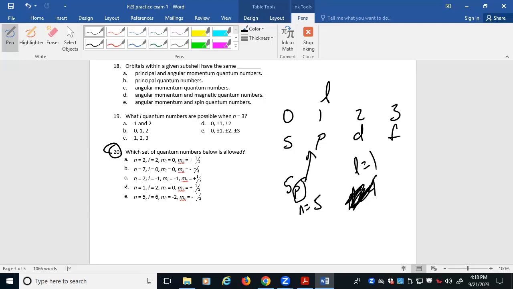And the answer there is no. And the reason why we know the answer is no is because if I'm looking at the second energy level, the maximum value of L is 1, and 1 would be the P sublevel. So the 0 and the 1 are possible, which means that in the second energy level, I have 2S and 2P and nothing more,